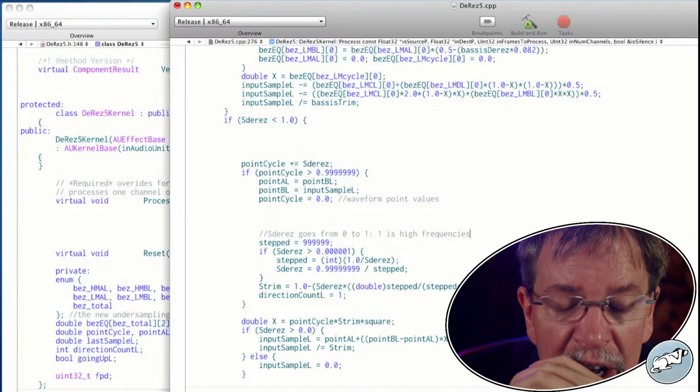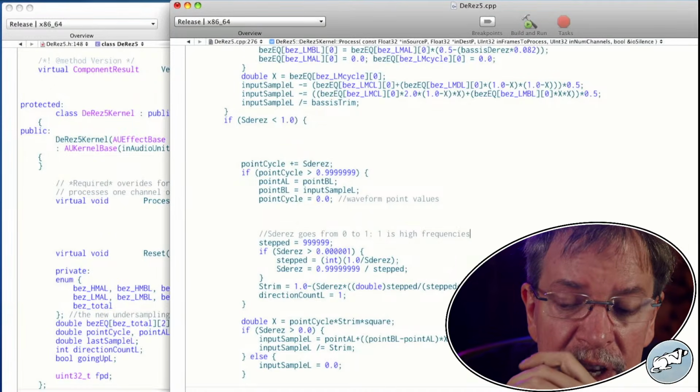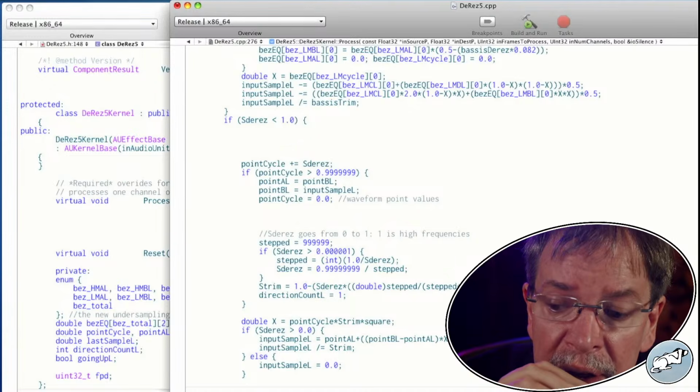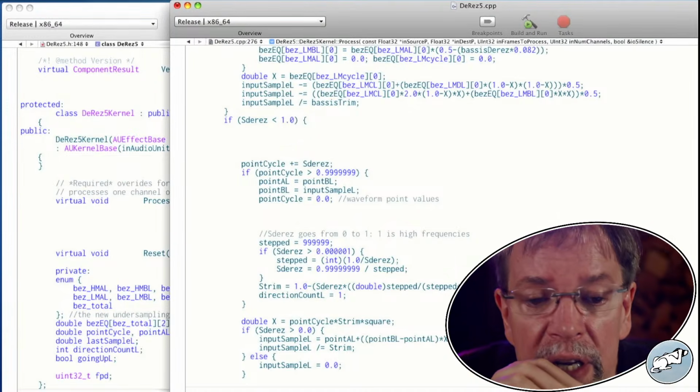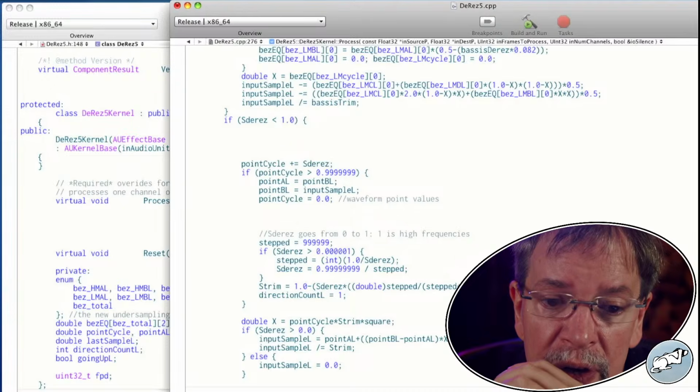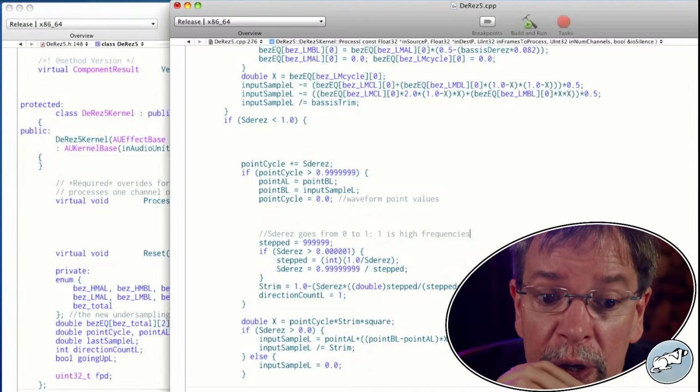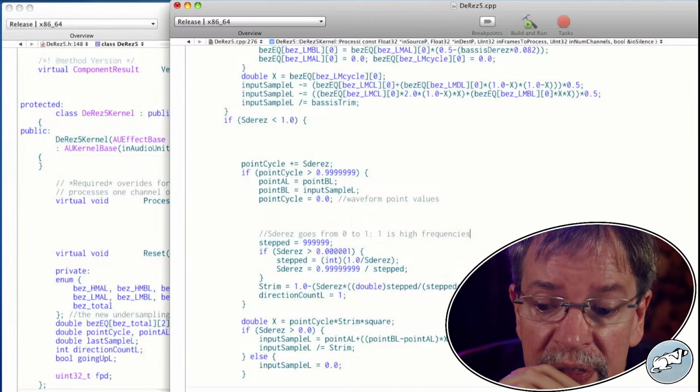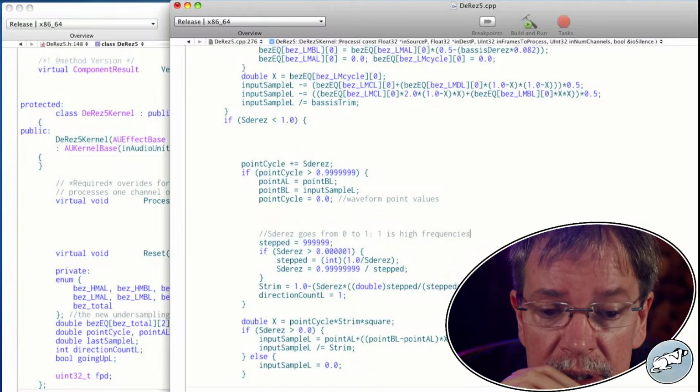Though since I'm evaluating it against the previous position where we deresed, rather than evaluating it based on like a time increment, that makes it different.